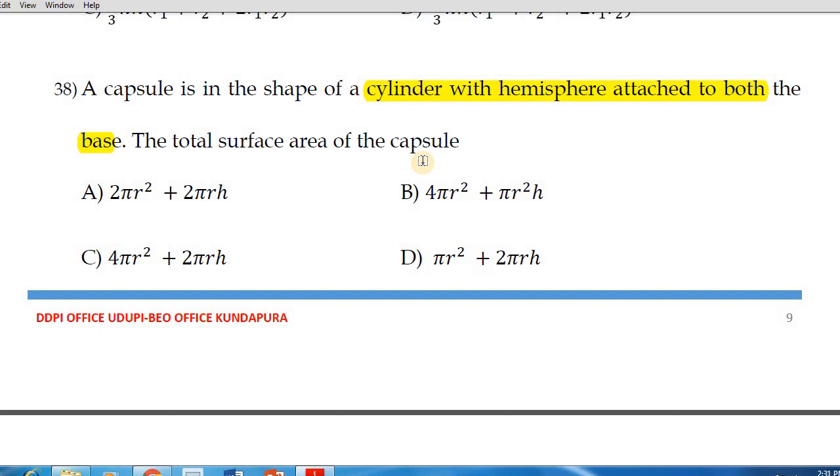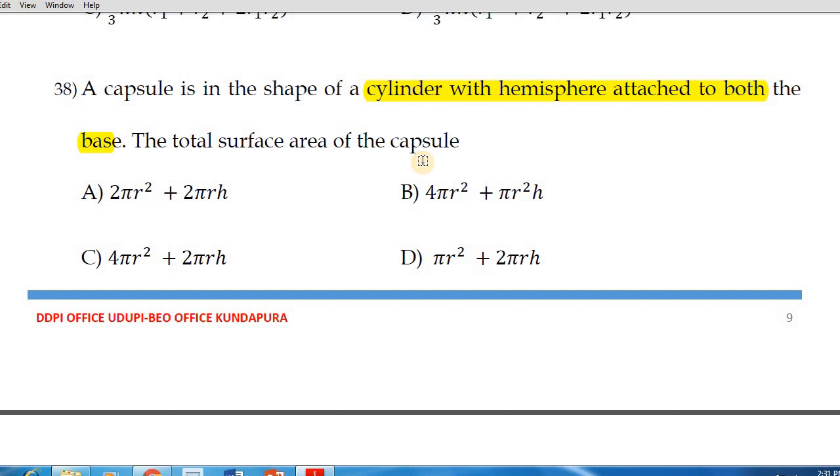See here, they clearly said we want to find the total surface area, but as you see the capsule, what you feel is you will use the formula total surface area of a hemisphere and total surface area of a cylinder. So that is wrong. Means the bases of the two hemispheres and the bottom and top of the cylinder cannot be touched. So hence here you want to use the curved surface area of a hemisphere and the CSA of a cylinder finding formula.